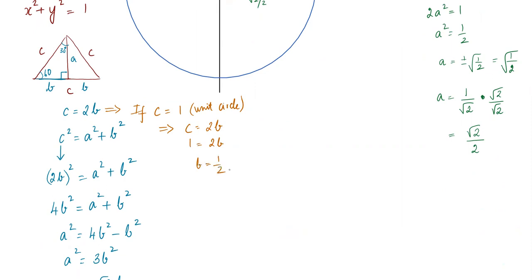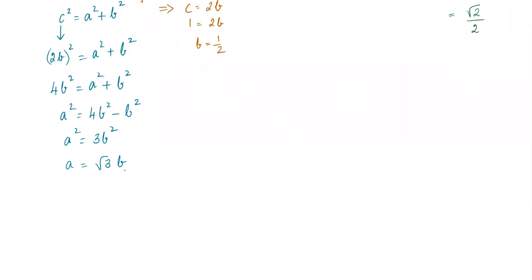If C is 1, then B is half. So coming over here, if B is half, A is root 3 times half, which implies A is root 3 over 2. So collecting all these details, I have A as root 3 over 2, B as half, and C as 1. And if you collect all of these together, what we get is that